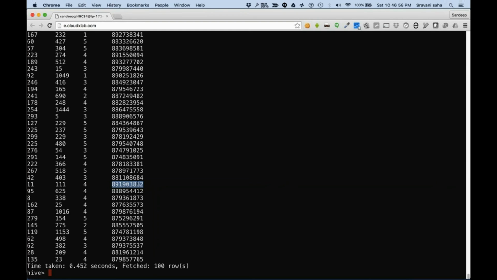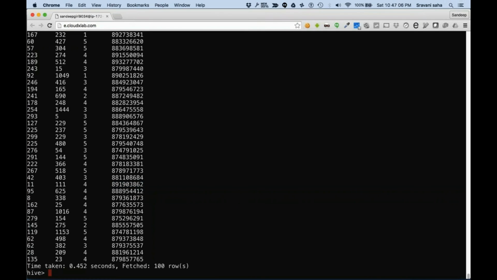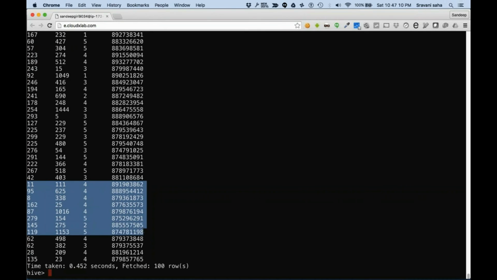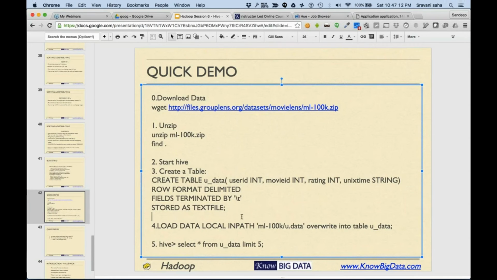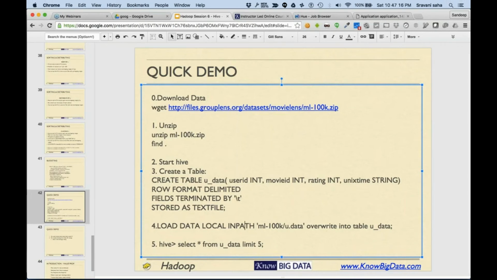The time is represented as a big number, in milliseconds since 1st January 1970. So basically it's very trivial data.